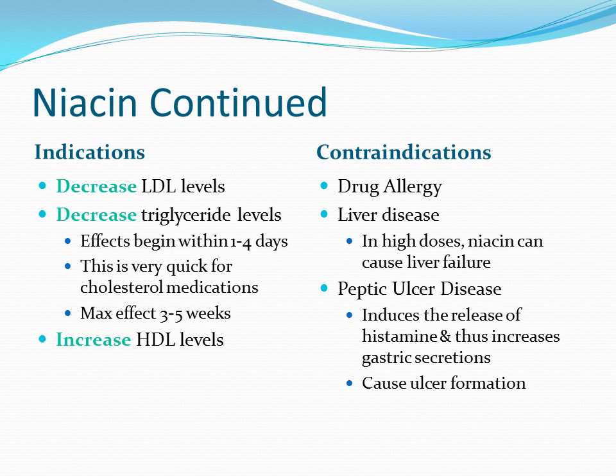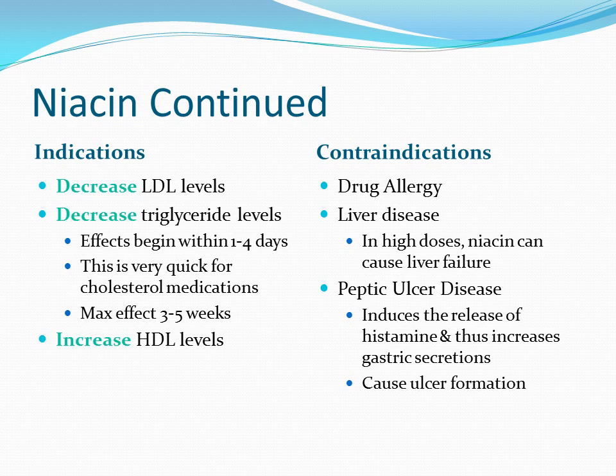Some of your contraindications for niacin include liver disease. In high doses and in the extended release tablet, it can cause liver failure. If they're taking an immediate release tablet, it shouldn't cause liver disease, but regardless, if somebody already has some sort of liver problem going on, we typically just say don't take niacin because there is this risk associated with it. The last contraindication would be peptic ulcer disease, and this is because it's inducing that release of histamine,